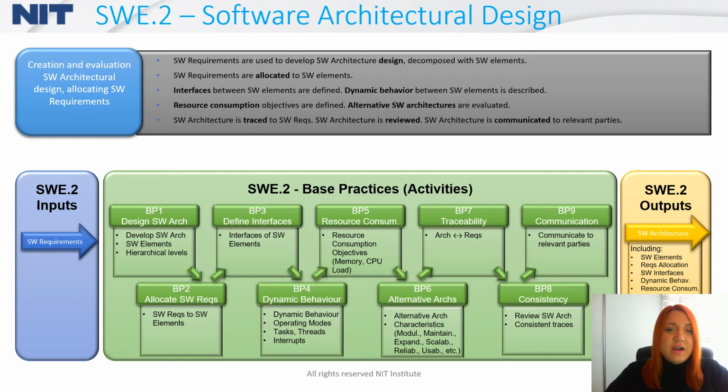It means that software requirements are used to develop software architectural design decomposed with software elements. Software requirements are allocated to the software elements. Then interfaces between software elements are defined, and dynamic behavior between software elements is described. Also, the resource consumption objectives are defined, and alternative software architectures are evaluated. Software architecture is traced to the software requirements, and software architecture is, of course, reviewed. The software architecture must be communicated to relevant parties, and all these steps are basically referring to the 9 base